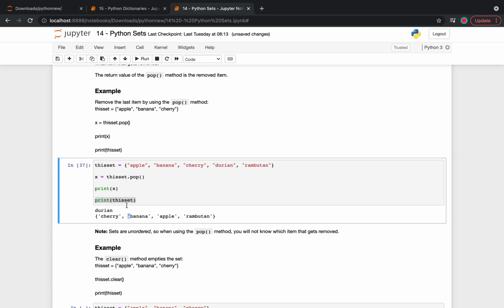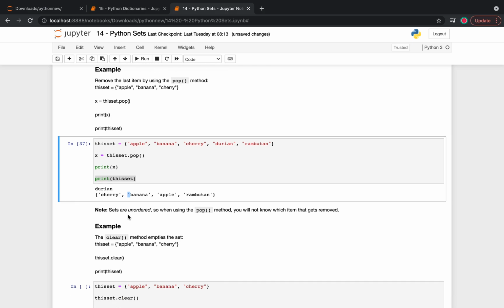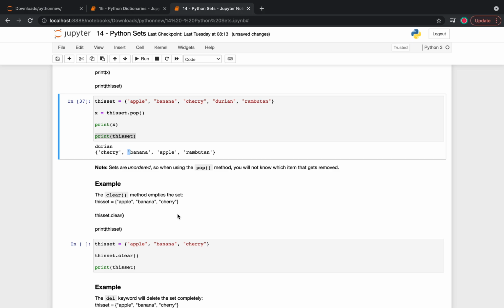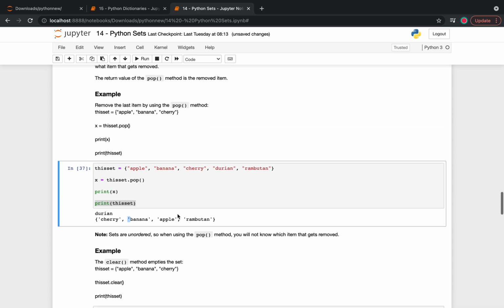So now we only have 4 items without the deleted or removed item, which is durian. We only have cherry, banana, apple, and rambutan. Okay, please note that sets are unordered. So when we are using the pop method, you will not know which item gets removed. Other than pop,